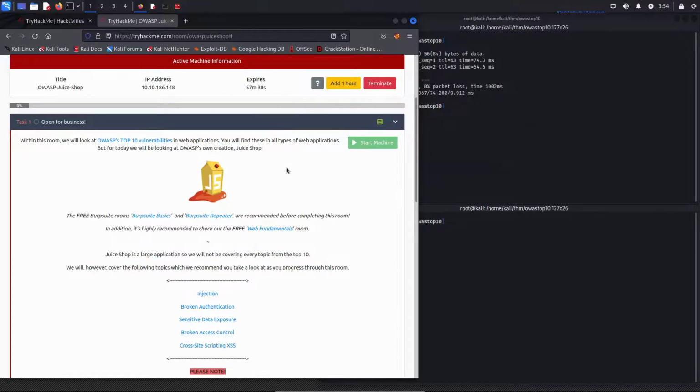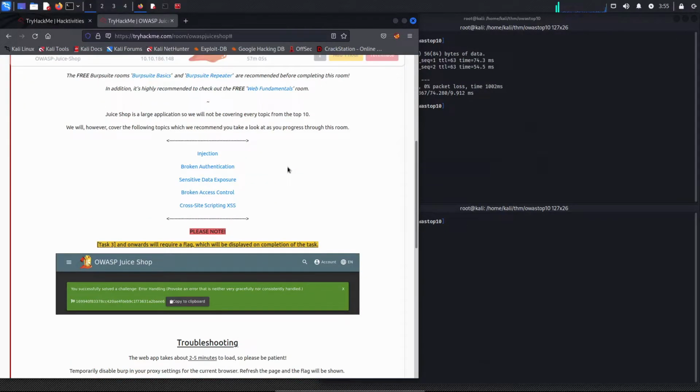My recommendation is that you first try to do the room on your own, and if you get stuck on a task or a question, then it's okay to read the solution. But the idea is to think by yourself how to find it, and only if you're really stuck on the question should you look for a solution, because at the end of the day you're trying to learn how to do things. That's the same strategy that I use.